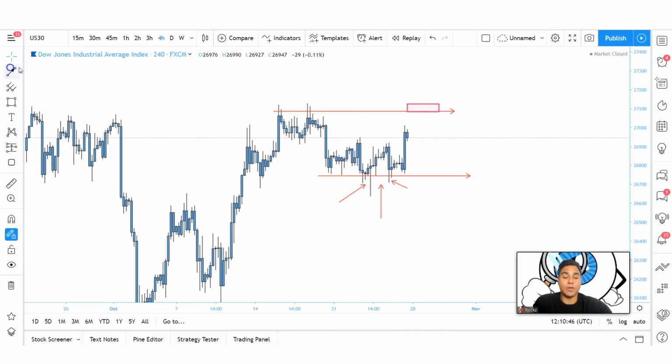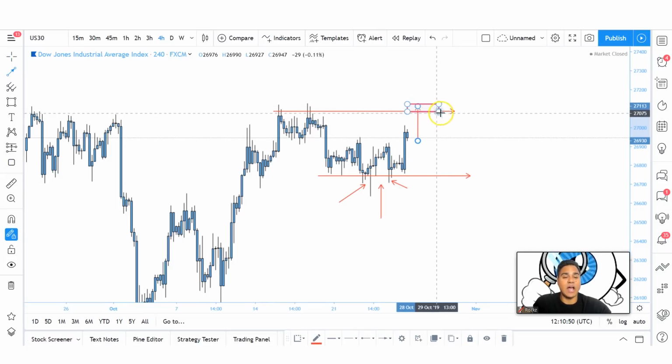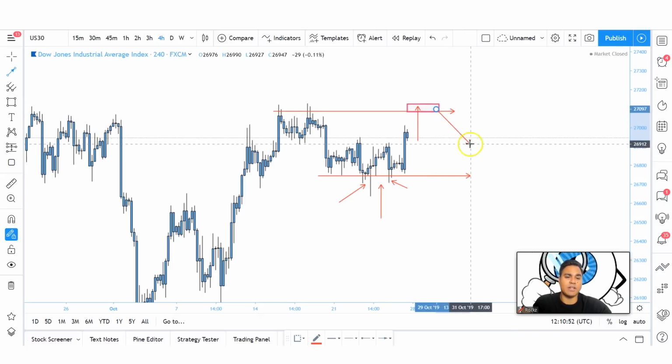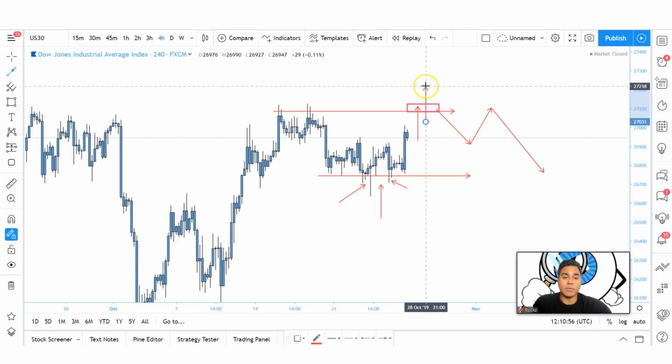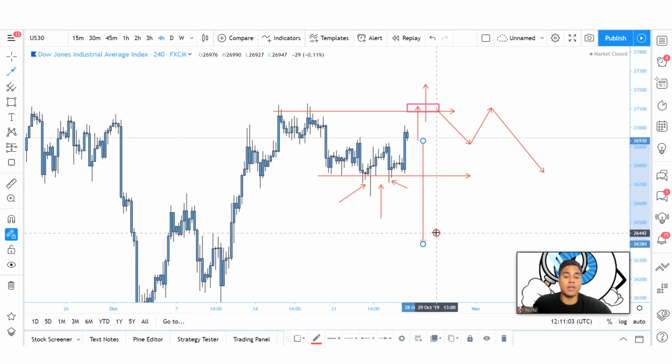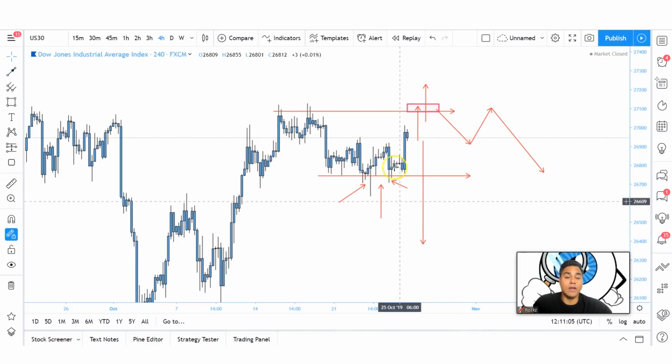So what I'll be looking for now is a continuation for this completion of this movement back to the upside, and then start to figure out what's happening in and around these levels. Are we having a retest of this structure before we come down? Are we going to have a breakout and close above this structure? Or is the market just going to continue to plummet into the downside and do what we don't expect it to do? For now, I just want to see price get back to this level, show some sort of signs of a retest of this structure, and then if we get the evidence, maybe fulfill the range again and sell this